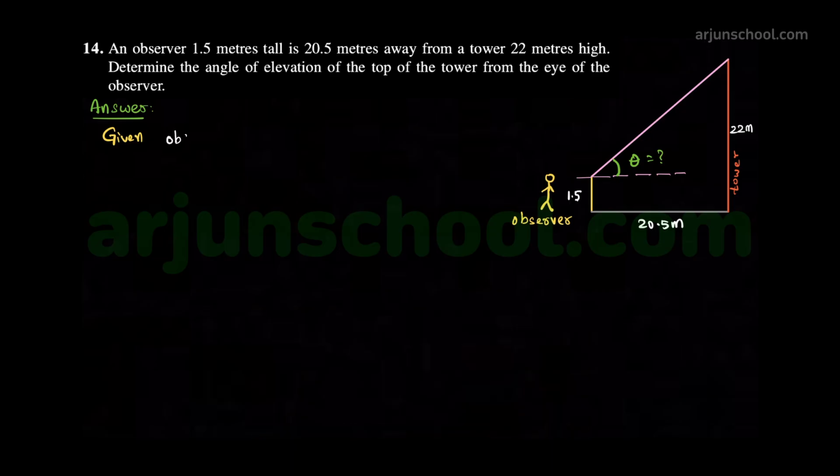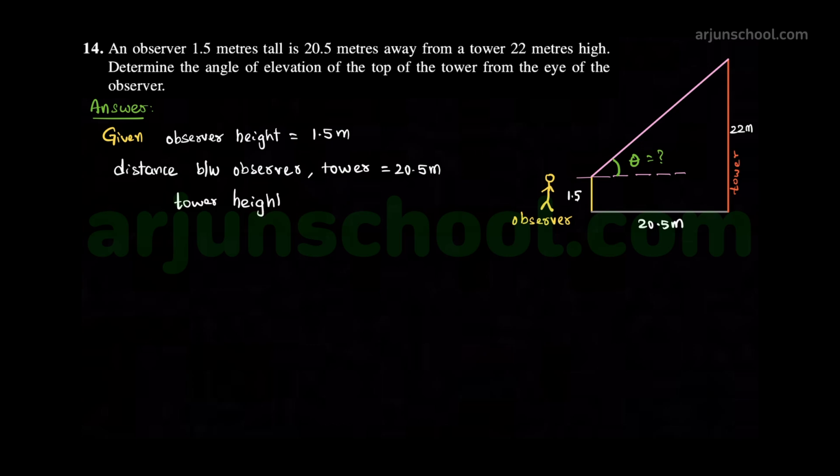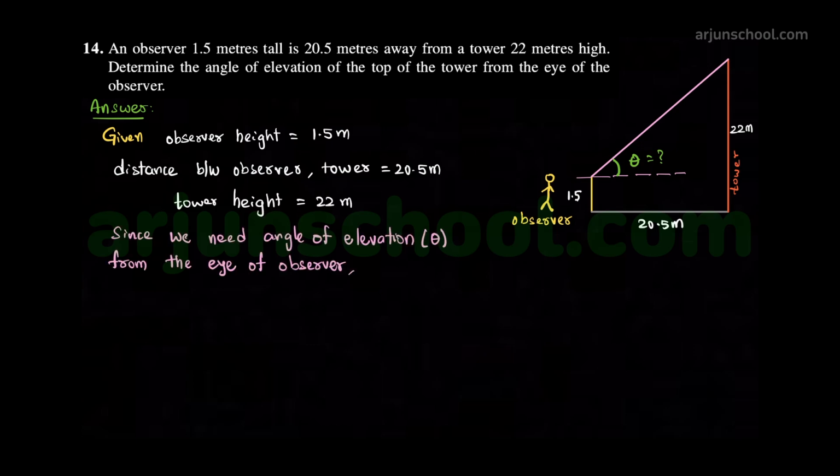We are given that observer height is equal to 1.5 meters. Distance between observer and tower is equal to 20.5 meters. Tower height is equal to 22 meters. Since we need angle of elevation theta from the eye of the observer, for angle theta,